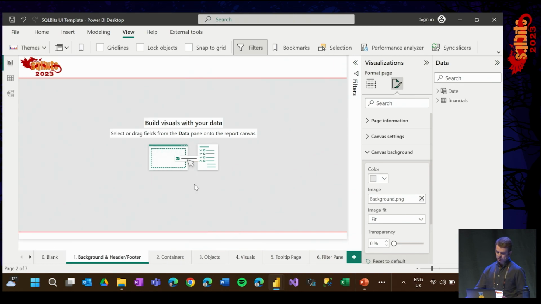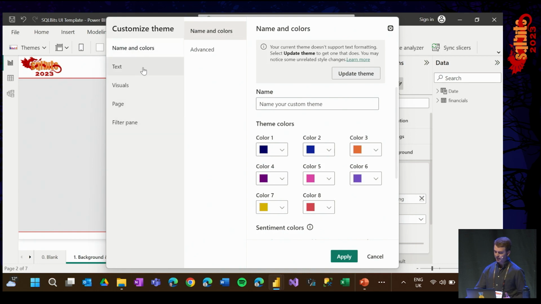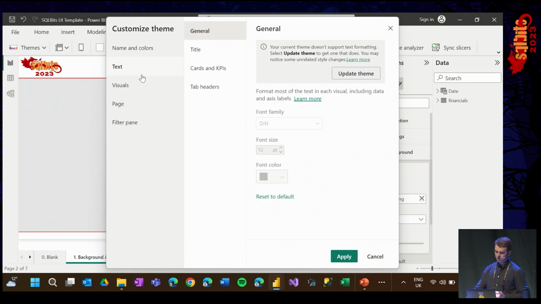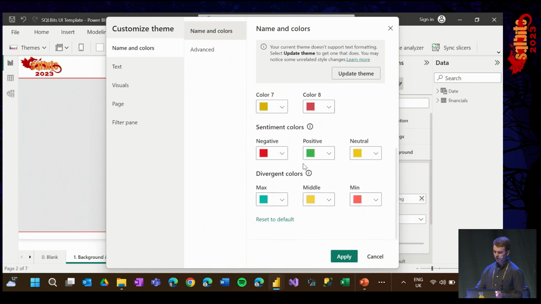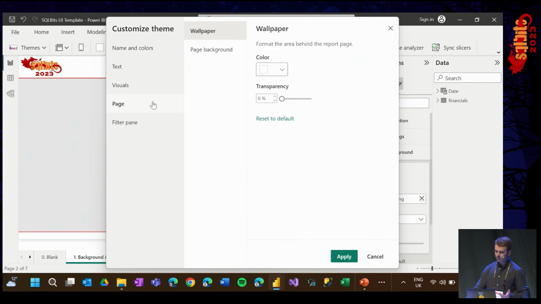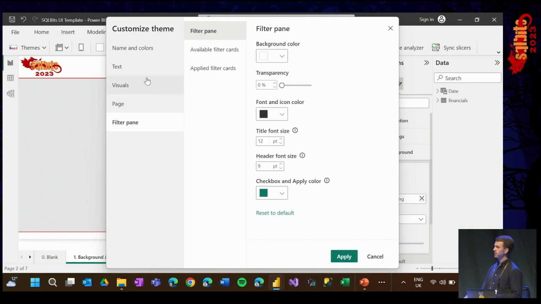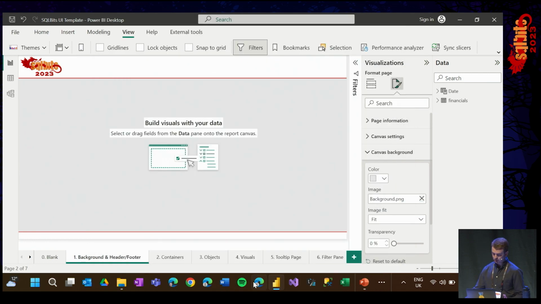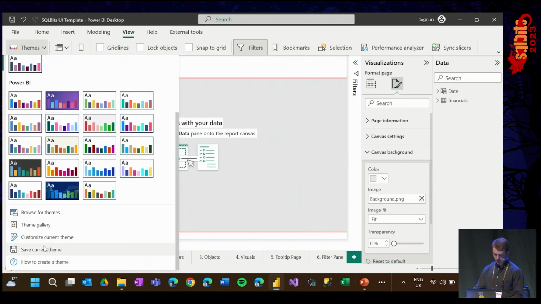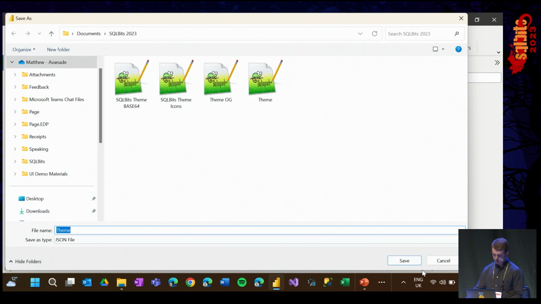So if I go and customize current theme here, we can see that Power BI Desktop gives us a few inbuilt options. You can change your standard theme colors, you can look at sentiment colors, but really this is just scratching the surface of all the different settings that you can use for themes. So I'm going to show you one example of a way that we can use the JSON. So if I go back here actually and save the current theme that we've got in our report,